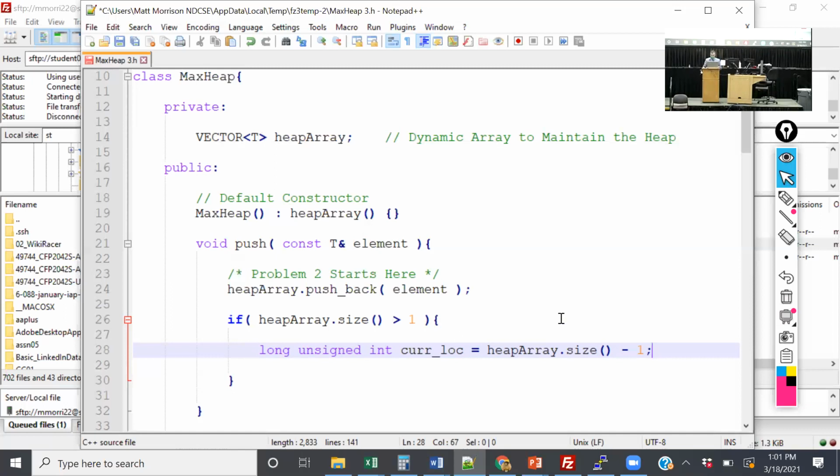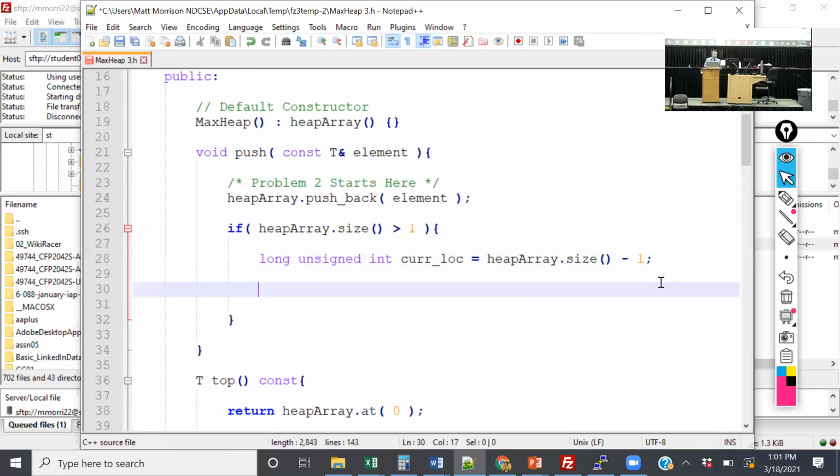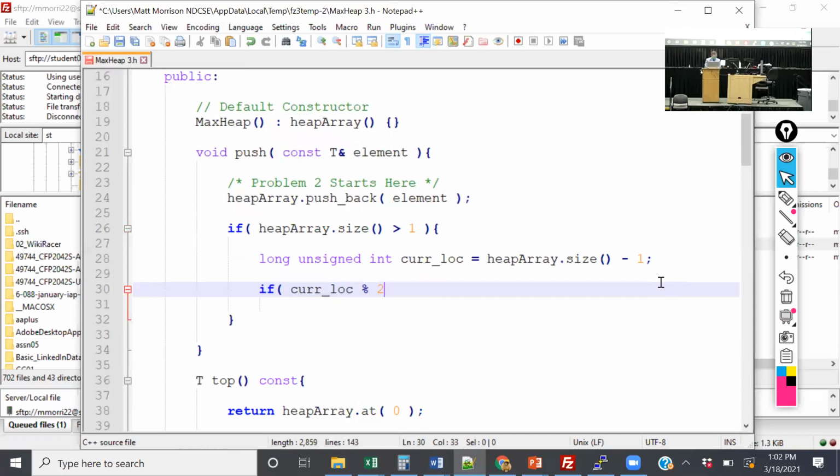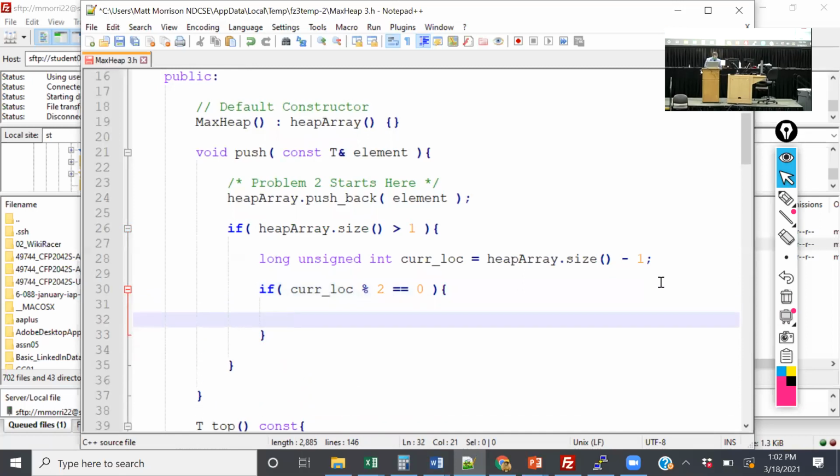So now we're going to start applying these equations. And we learned that in order to get the parent, because we're going to heapify up, if it's an even number, we will say that the parent is equal to dividing by 2 minus 1. So if it's the 6th location, 6 divided by 2 is 3, minus 1 becomes 2. So that's for even. So we're now going to say that if cur location mod 2 is equal to 0, we're going to say that parent,